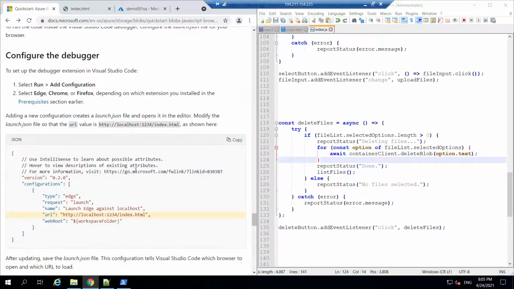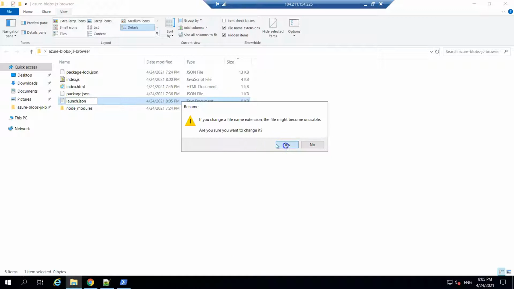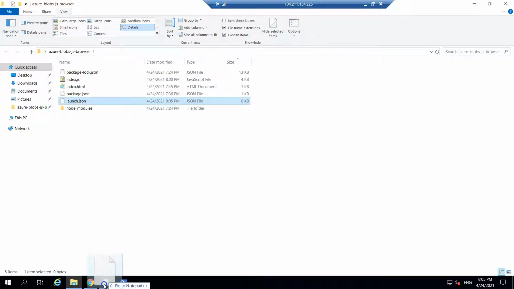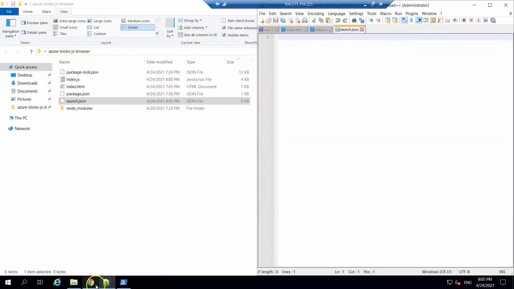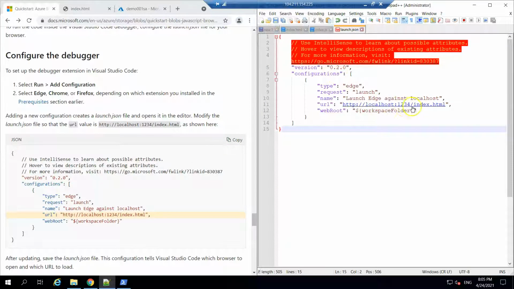Well done. Now create a new file and name it launch.json. Update the content, and that's it. We are all set to launch the web server using Parcel, which we have already installed previously, right?